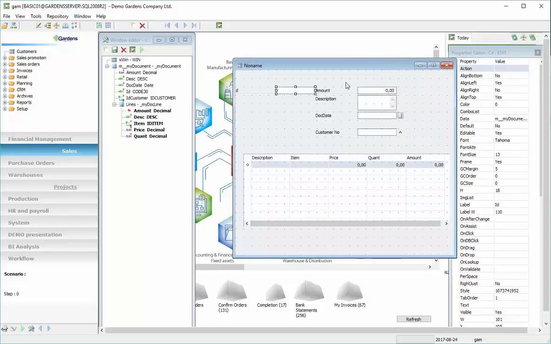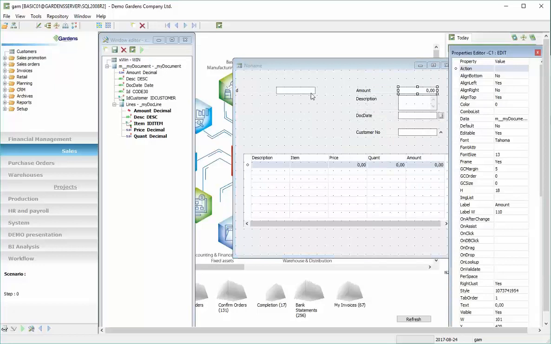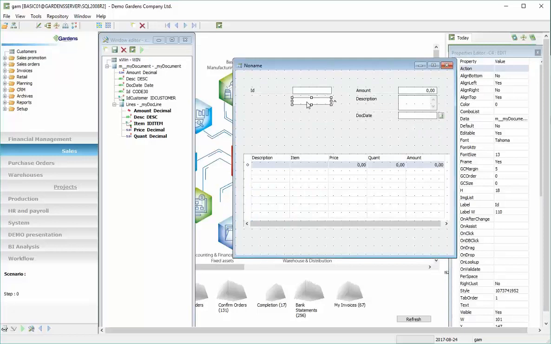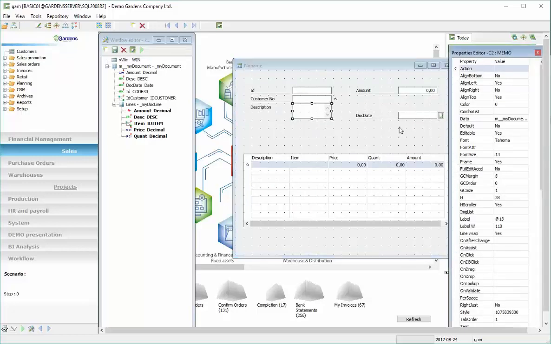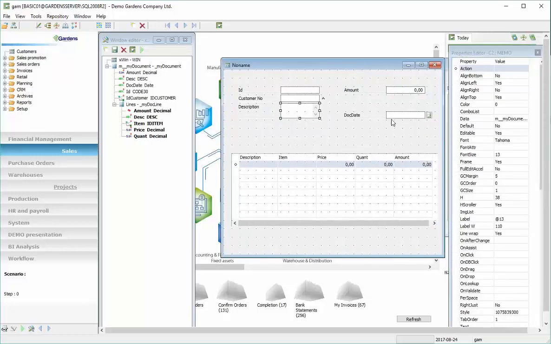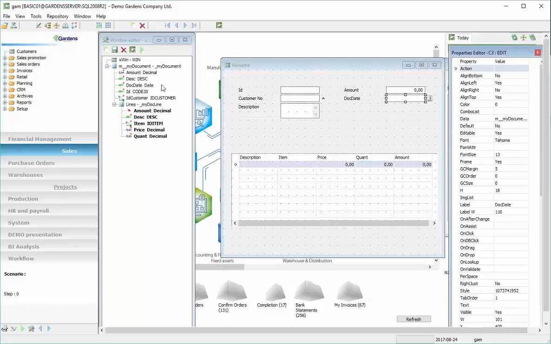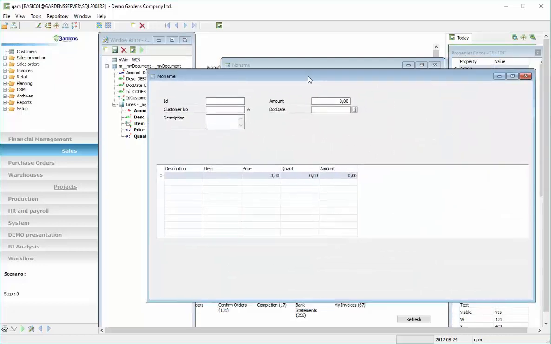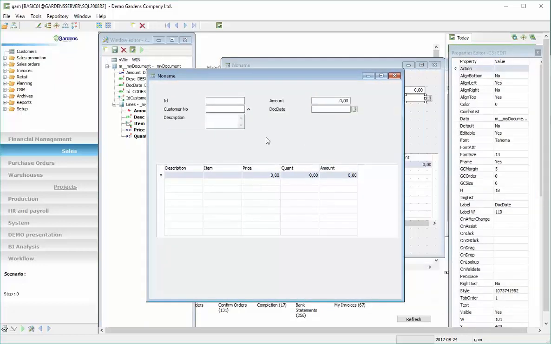We can, in properties on the right, we can change certain size of fields. We can prescribe labels, and here we can provide order to the window. So here it is, editable document,